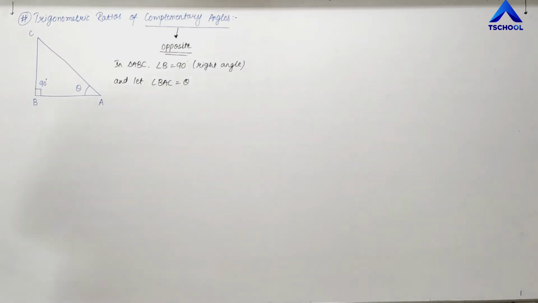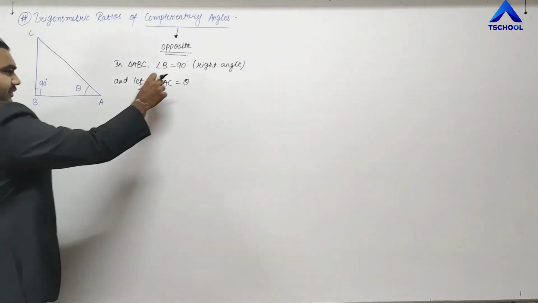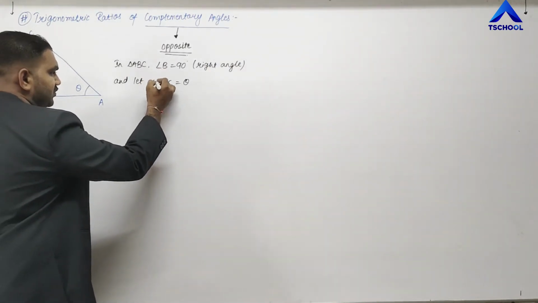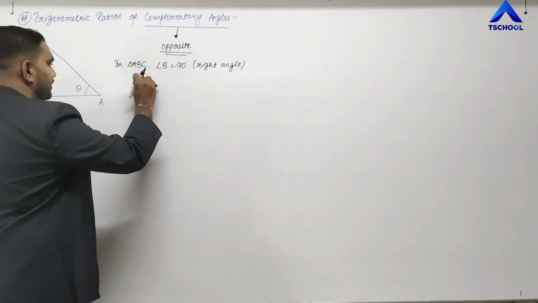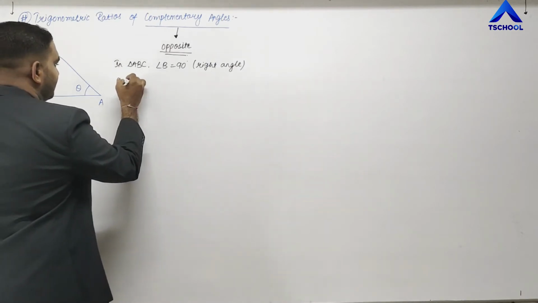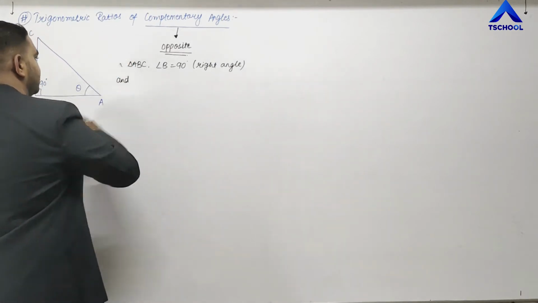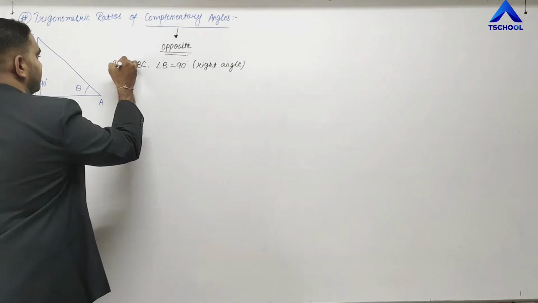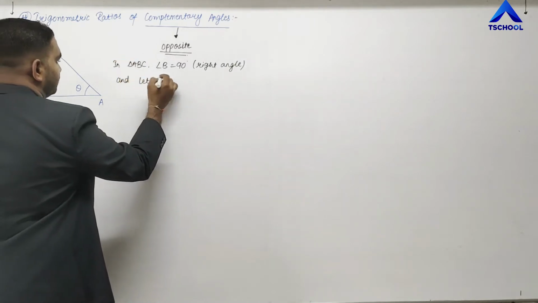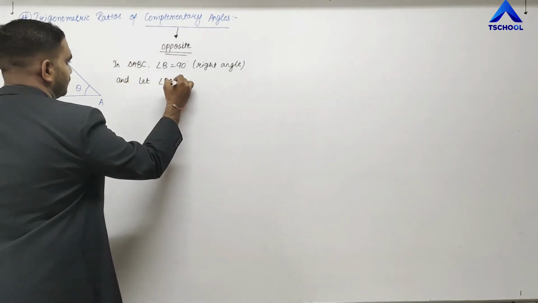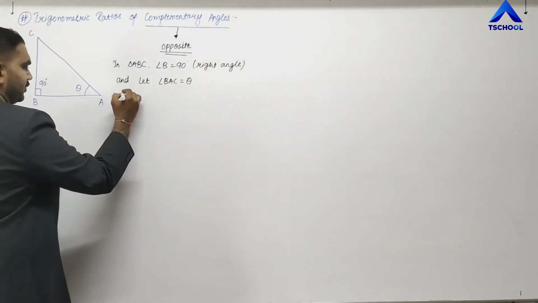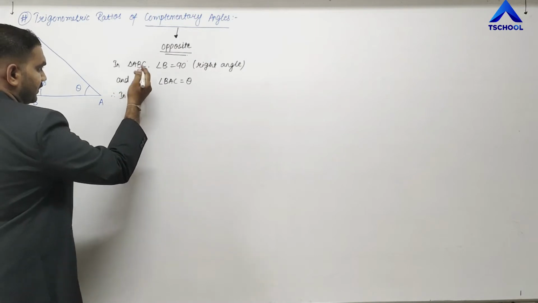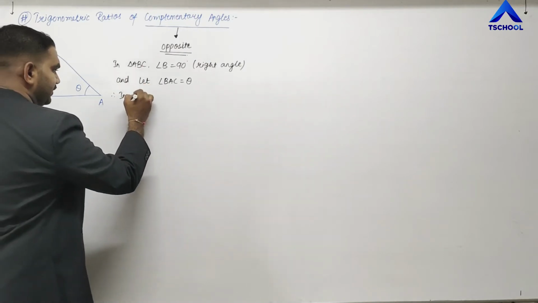So if one angle is given and one we have assumed, then what can we say about the third angle, that is angle BCA, right? And therefore, in the given triangle,